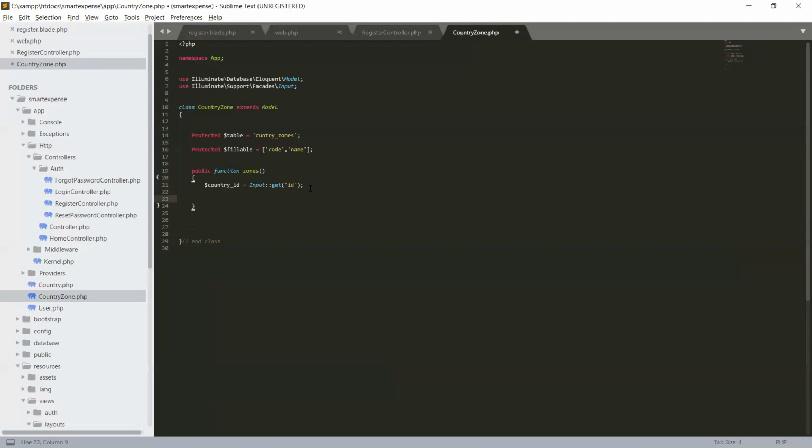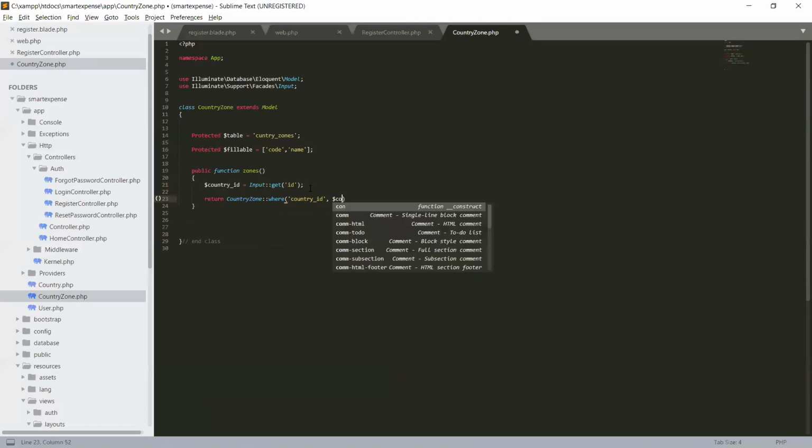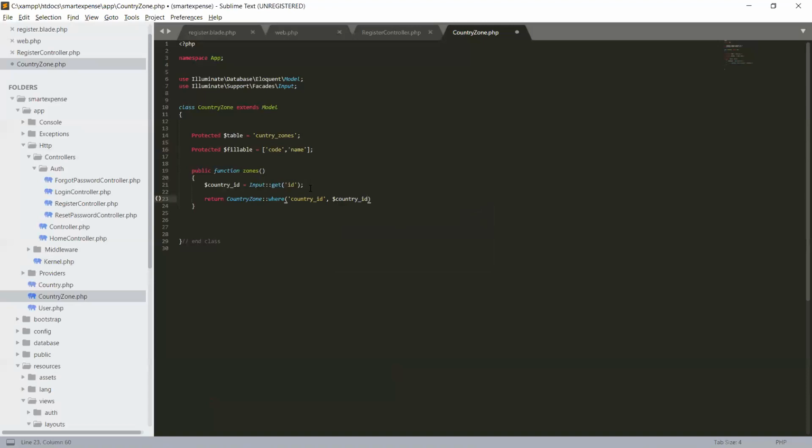Okay, it will return CountryZone model, and where is the helper method, so where country_id will be country ID, and we will again use a get helper method to fetch all records.